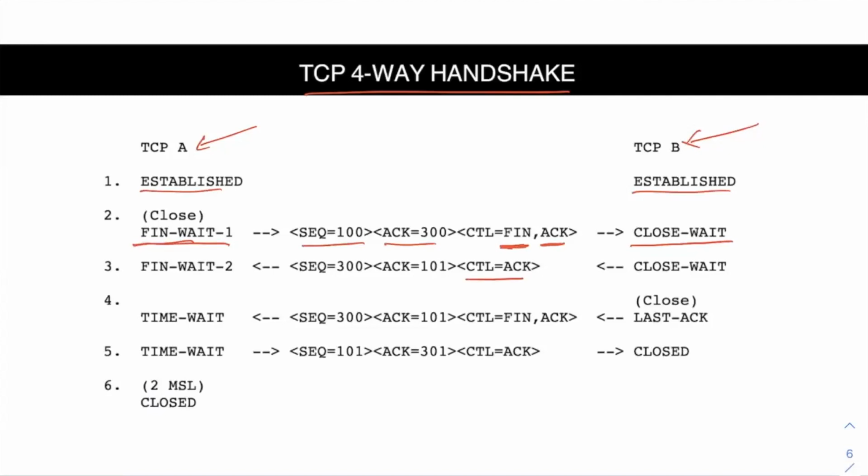And also if you see, it will send its own sequence number. Here the sequence number was 100 and here the acknowledgement is 101. Even though there is no data sent in this first packet, this is the protocol of the TCP four-way handshake or connection termination: even though there is no data sent in this packet, it will increase the sequence number of the client by 1 and acknowledge it. Now when this packet is received by the client, the state of the client socket will change from FIN wait 1 to FIN wait 2.